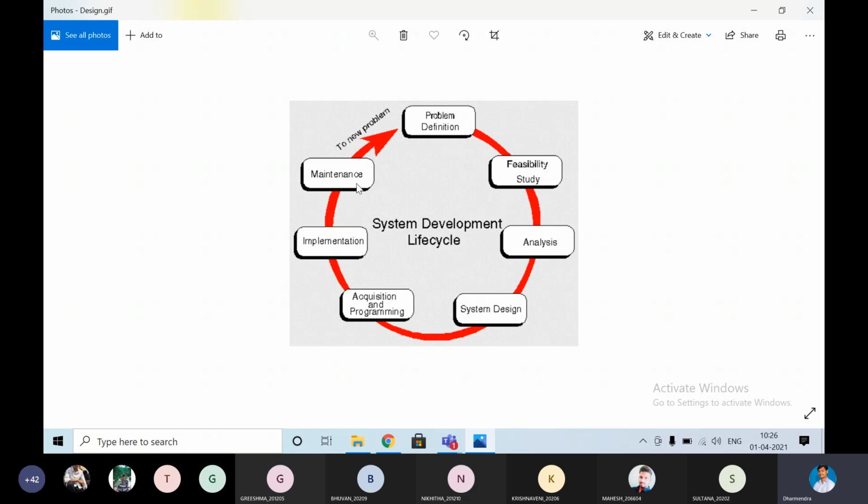Before releasing the product, they will do clear testing. As I already told you, black box testing and white box testing. White box testing means the known people, the programmers, will do the test. They will use the product, that application, to see whether it is working fine or not.